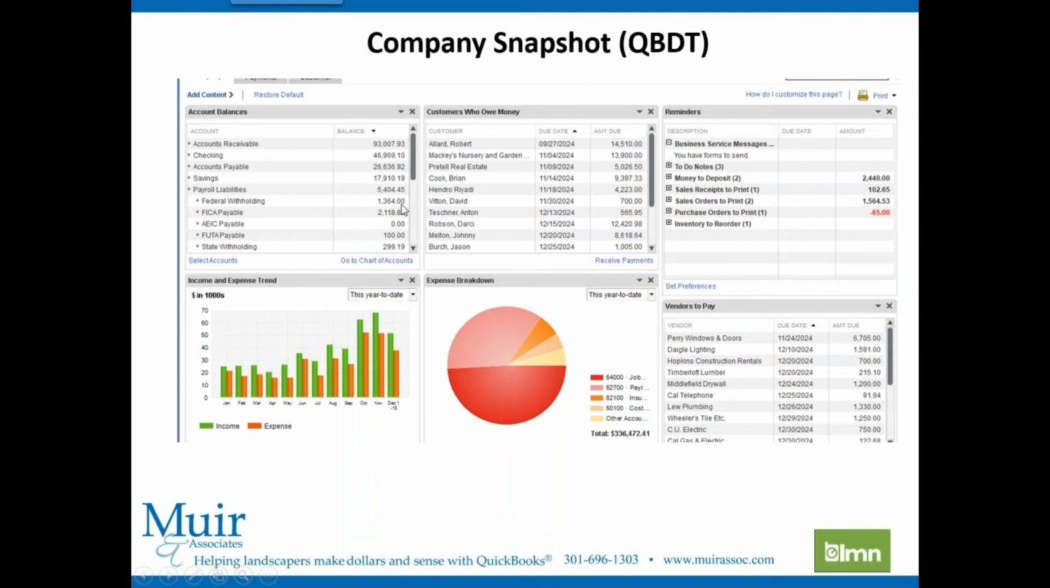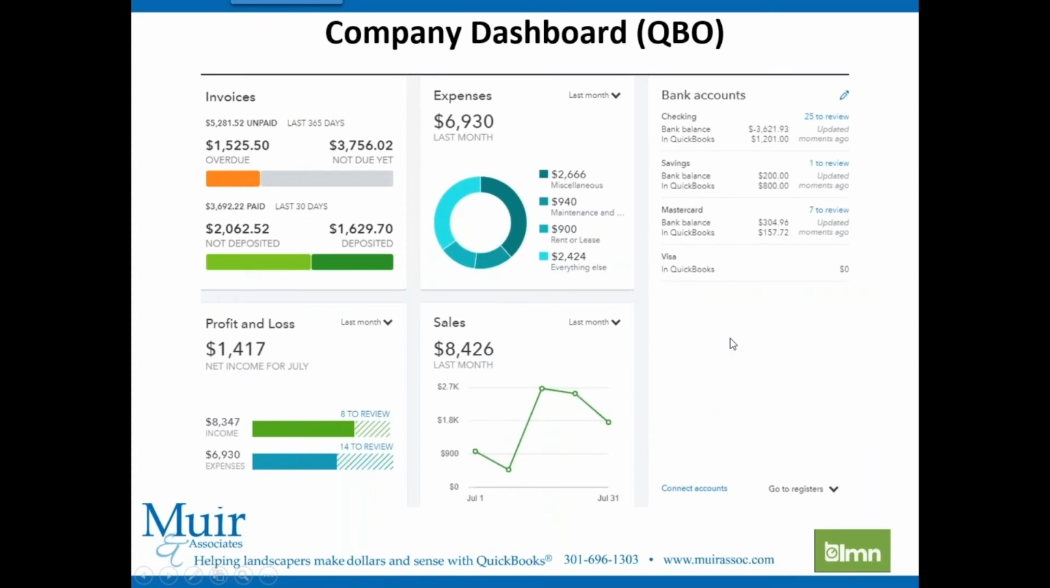So just so you know, these are the same numbers as if you look at your list of your chart of accounts. But these will not necessarily match what you see on your balance sheet. QuickBooks Online also has a dashboard, maybe not quite as robust as the desktop, but again,